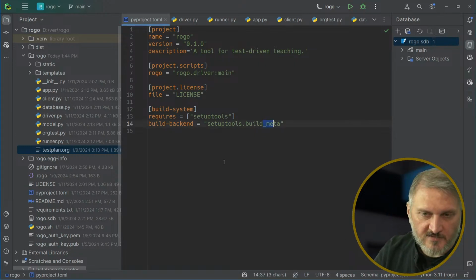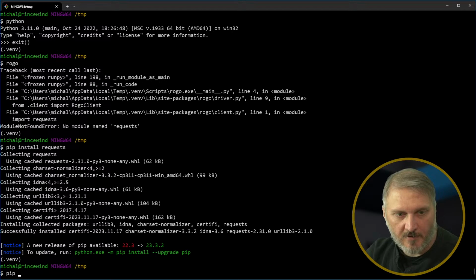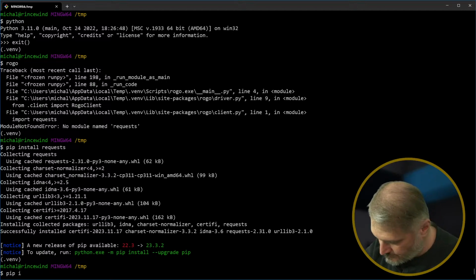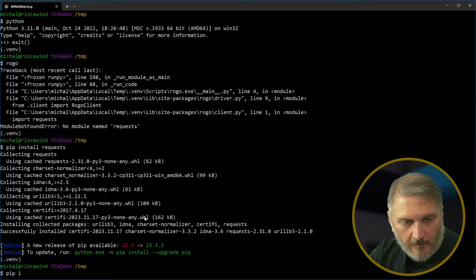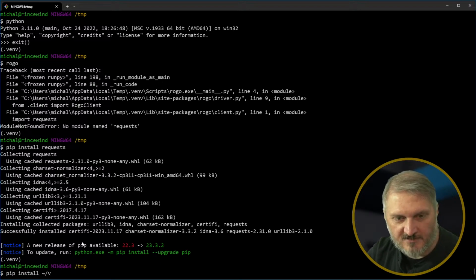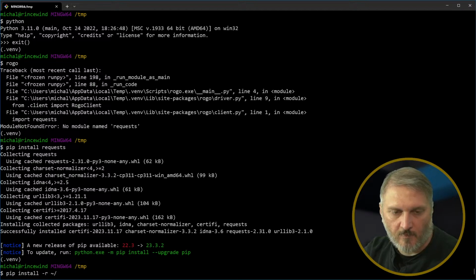So well, it doesn't matter though, because that needs to be done for work, but I can just manually do it. So pip install. I'm trying to figure out how to get that file because it is installed in this virtual environment, but I can just load it from my local hard drive. Pip install -r